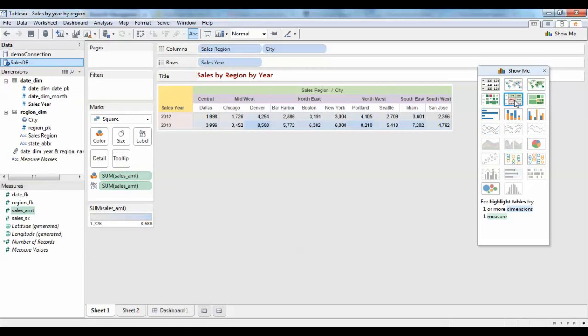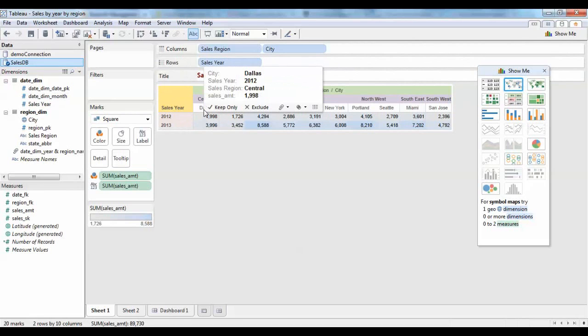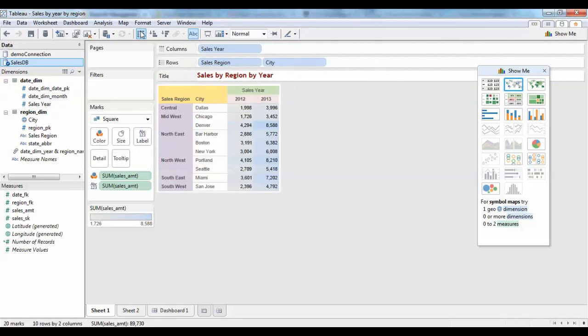I decided to go with one of the reports over here, which are the highlight tables. The columns that I am going to put up over here are the sales region and the city, and the rows that I have is the sales year. So I have summed up the sales over here by this sales city, sales region, and for a particular year. If I wish to, I can also swap these columns, in which case my report is going to look in this fashion. So what this report means is, in 2012, the sales in Dallas, which belongs to the central region, is